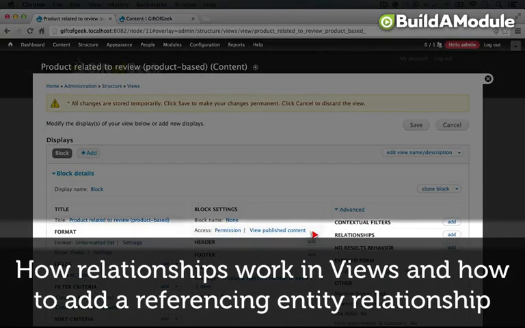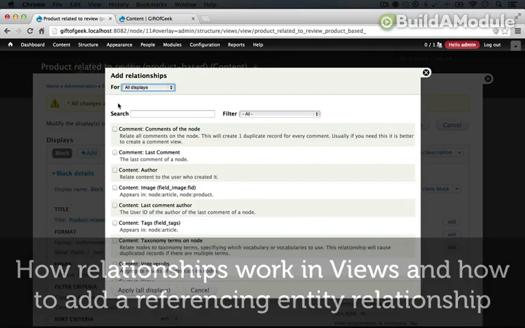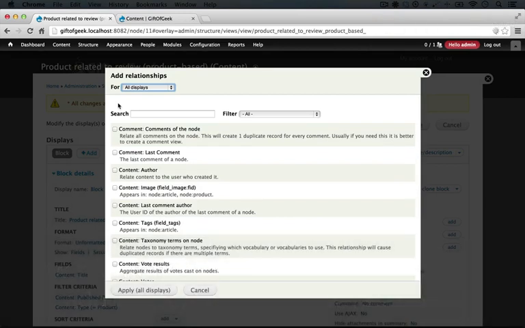If we click on Advanced here, you'll see relationships listed here, and we can click Add. Now, the idea behind a relationship is that we can connect one piece of content to another piece of content that has some connection to it. In this case, we're using an entity reference as the connection,